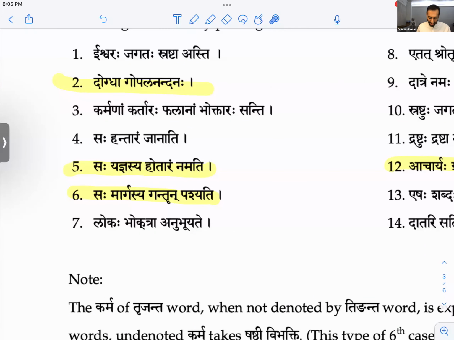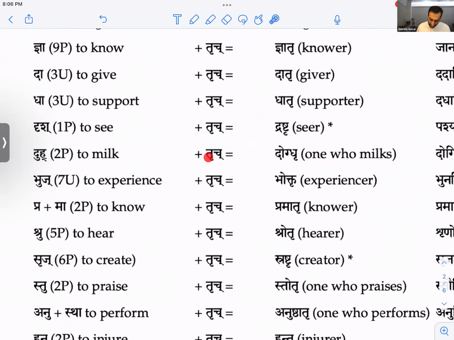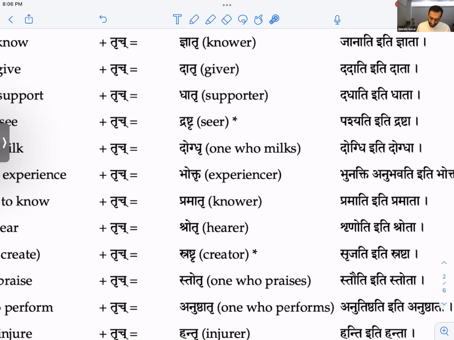So there's a lot of sandhi that takes place. I don't want to get too much into it. But 1-1 is dogda. They just said dogdi iti dogda. But 1-1 we would say dogda, the one who milks.